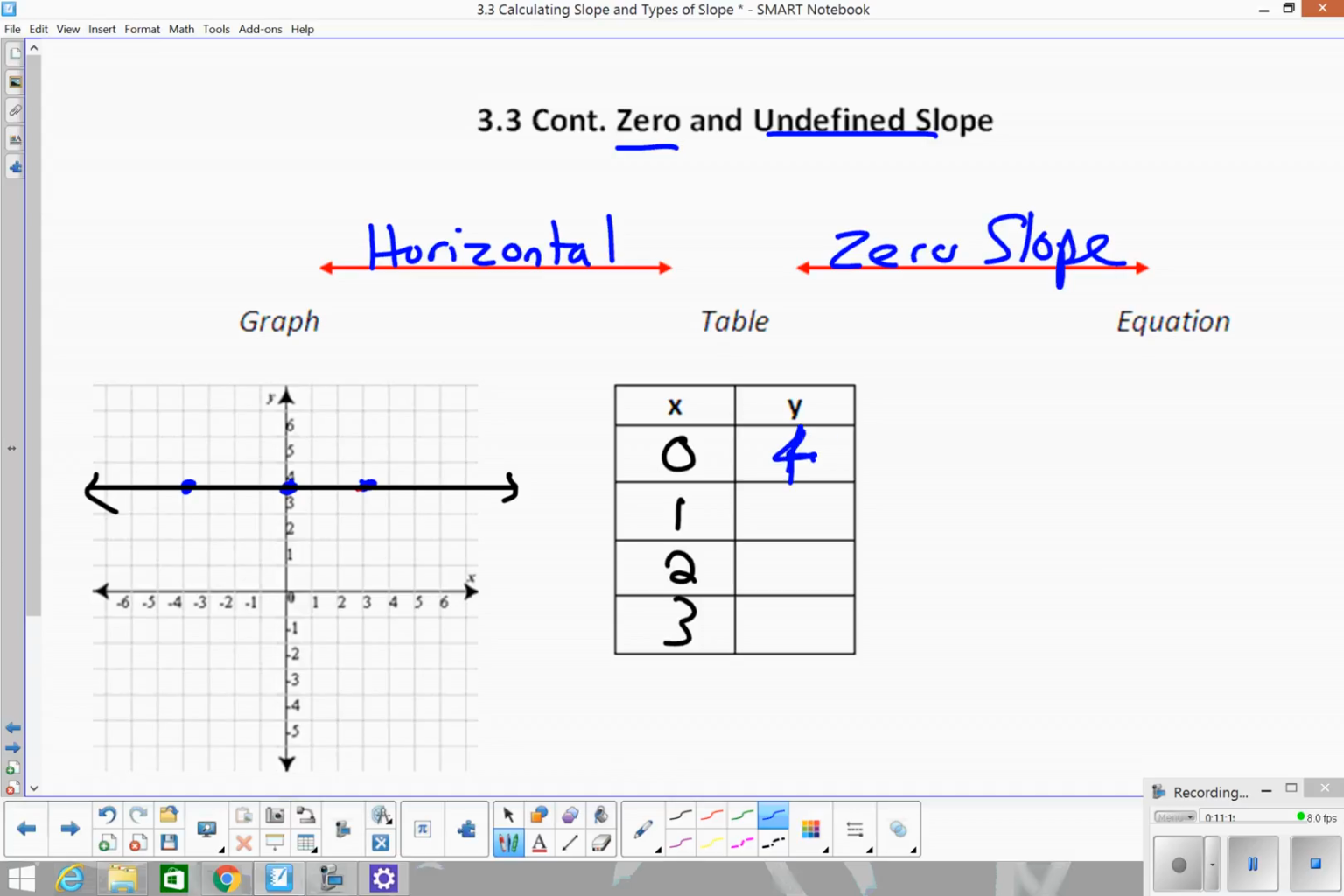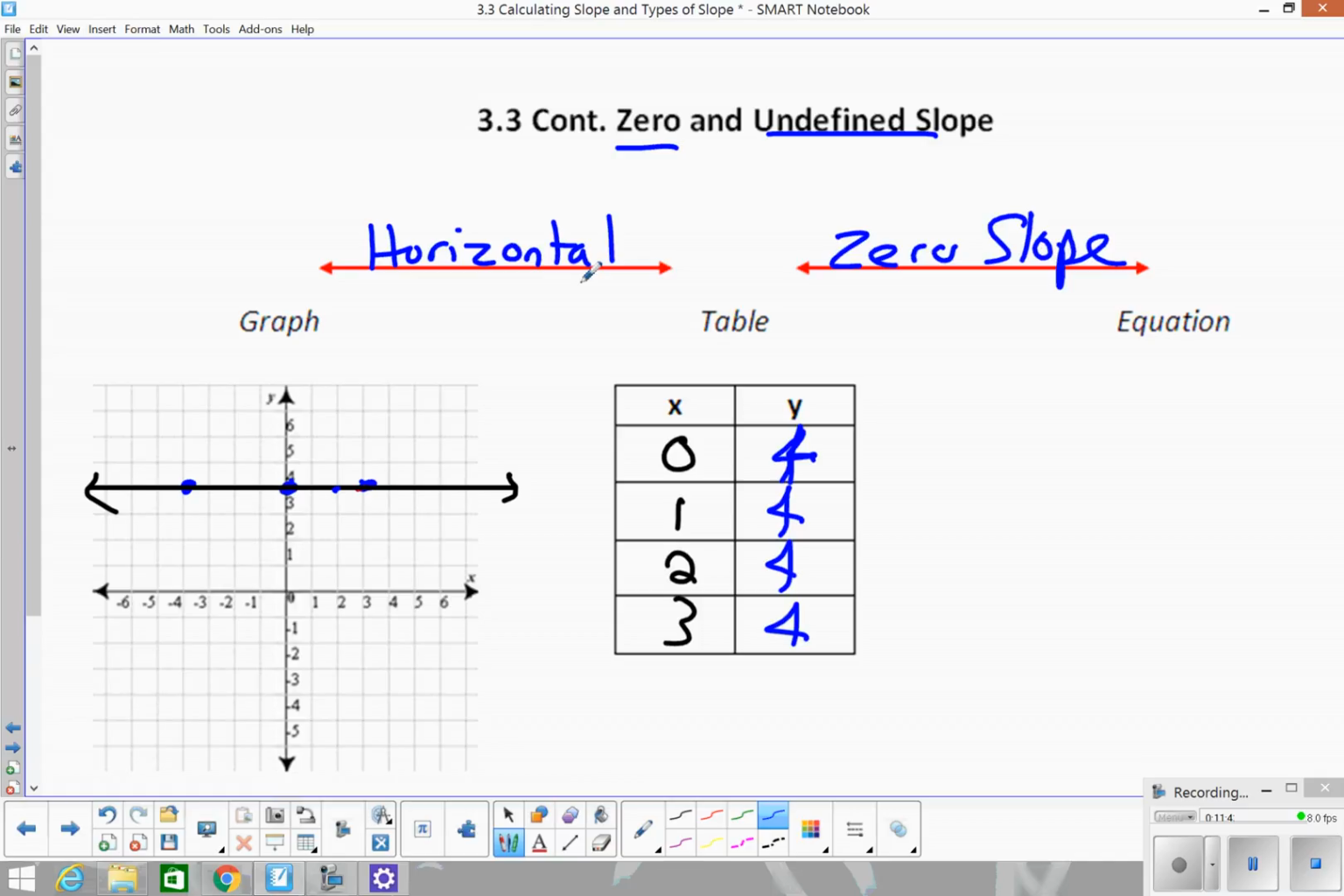4. When I input a 1, my output is a 4. When I input a 2, my output is a 4. When I input 3, my output is a 4. So understanding that your y values are all the same when you're talking about something that has a zero slope